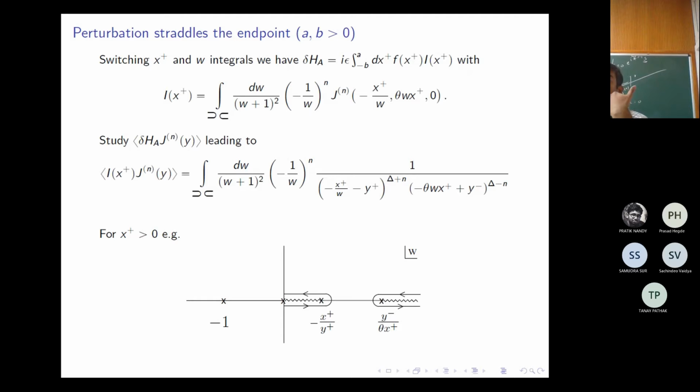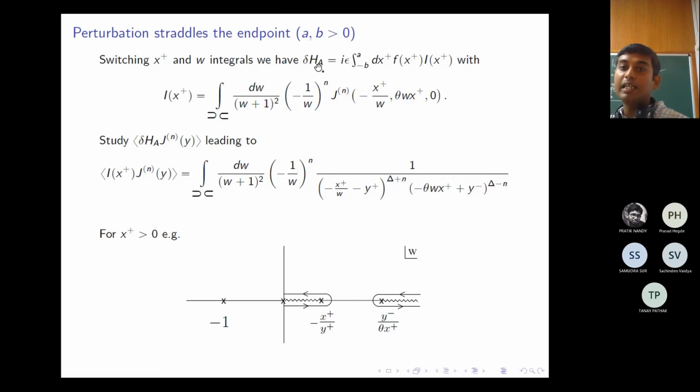And then you have a situation when the perturbation straddles the endpoint. It's technically a bit subtle, but maybe you don't have to worry about it too much. The point being that,